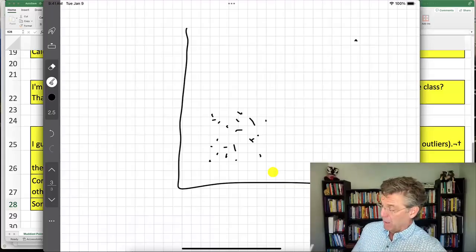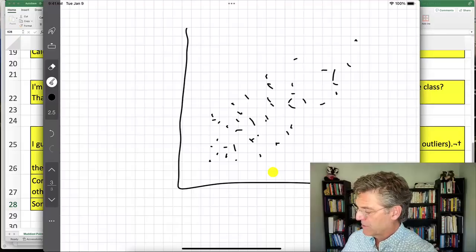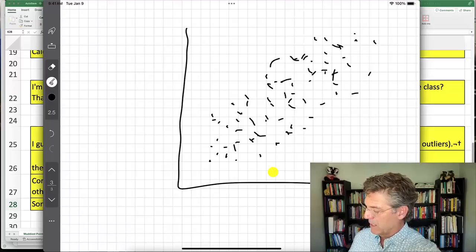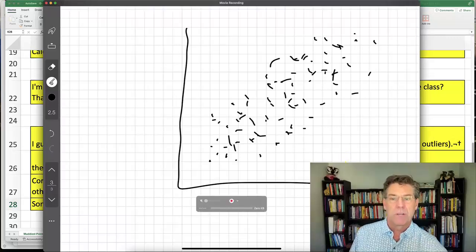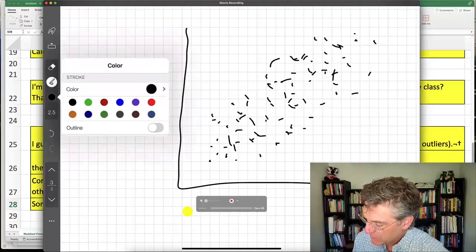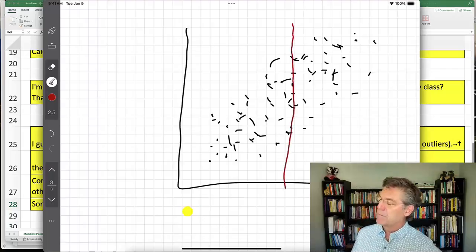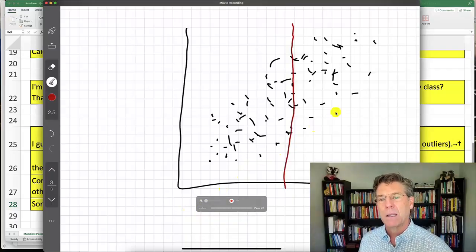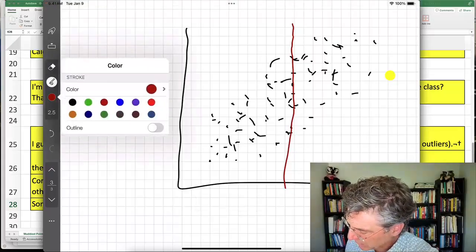Okay, so the other thing that happens is, in terms of restriction of range, let's say we have this strong positive correlation. So we've got all these data points in our scatter plot. And then we restrict our range. What I want to try to do is restrict our range to just high scorers. Okay, so ignore everything to the left of that line. And what you see here is, if we try to draw a line around it, it's a weaker correlation.